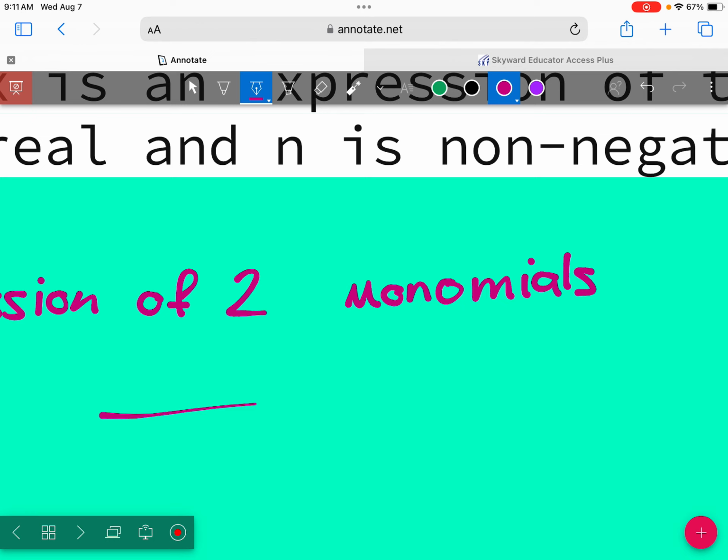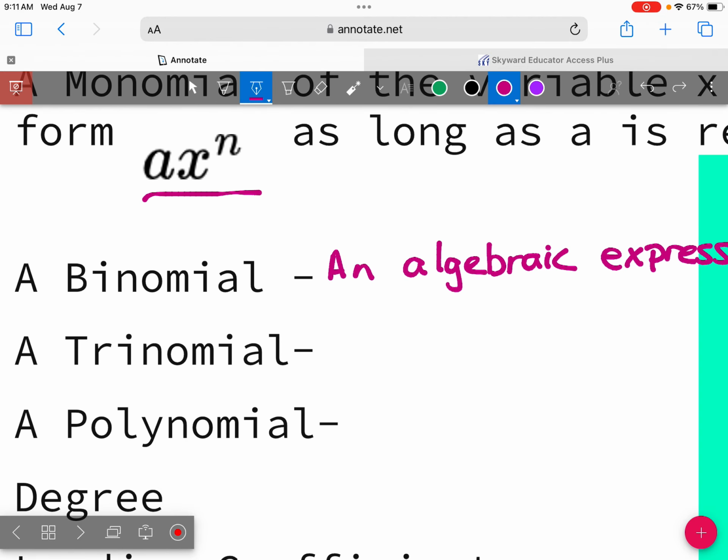Similarly, trinomial, tricycle, 3 wheels, 3 terms. So trinomial, it's the same exact definition, just swap the 2 for a 3. And oh my gosh, will you let me zoom out? Thank you. So a trinomial is an algebraic expression